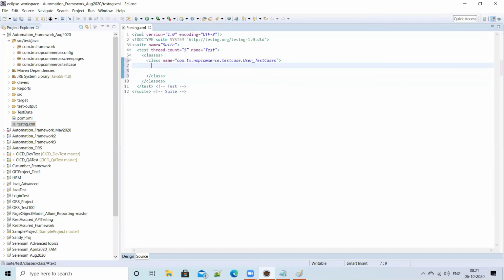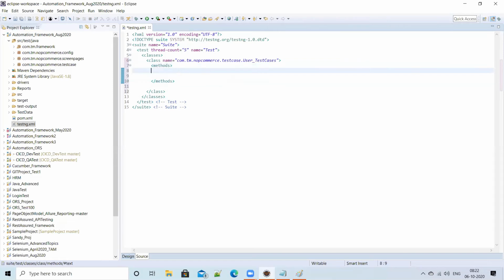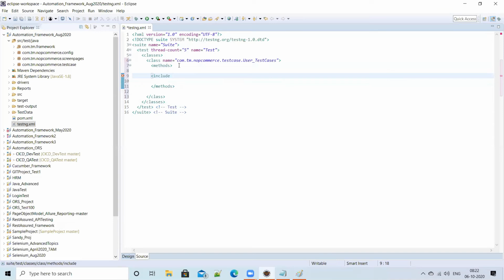So here you can specify what methods you want to run, right? So you know how to include them. So include, name equal to, method name.